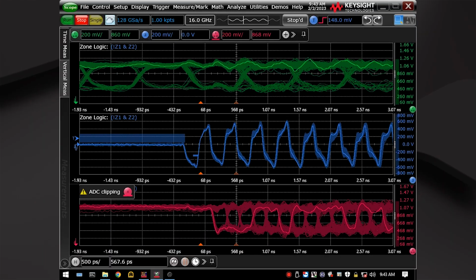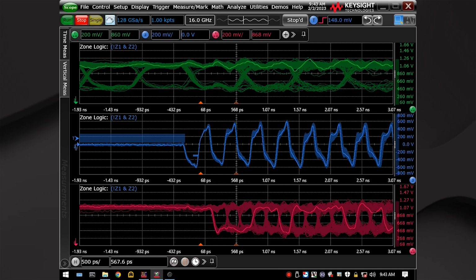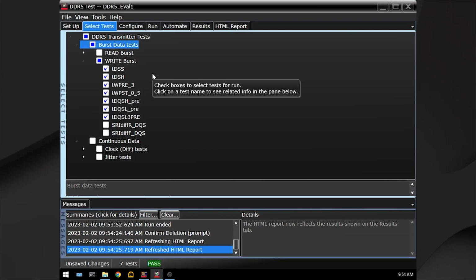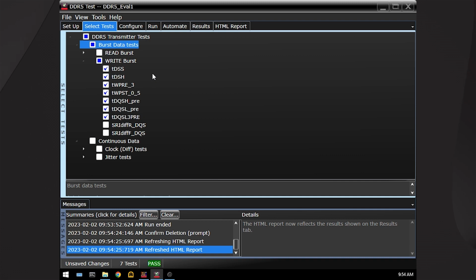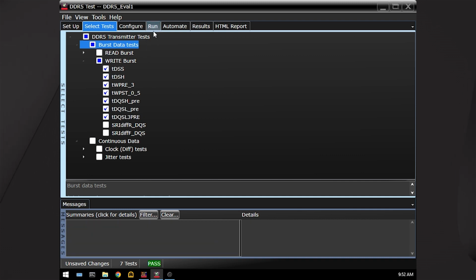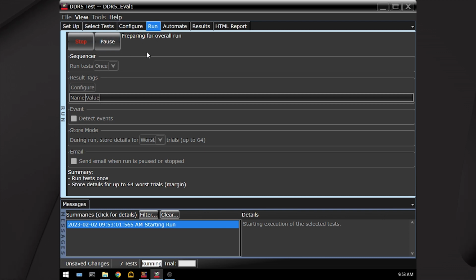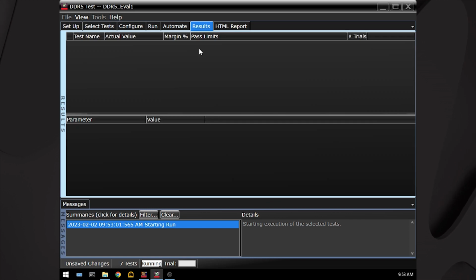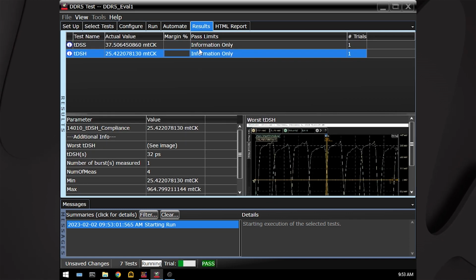Okay, now that we've established a baseline of our signal quality with the scope and we can see the signals on screen, I think we're ready to run the compliance app and get a test report. So here's a selection of different measurements that one could run for DDR5 compliance. I've selected a few here that will show you an example of how this works. So let's go ahead and press run, and the application will set up the scope, save the waveforms, recall those into memory, and then display pass-fail results as this is running.